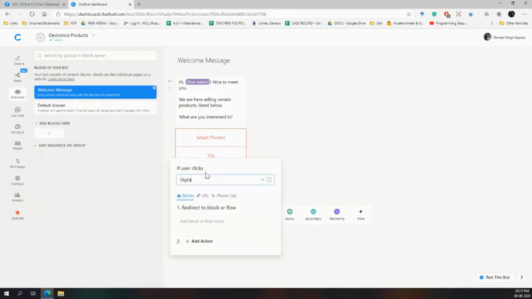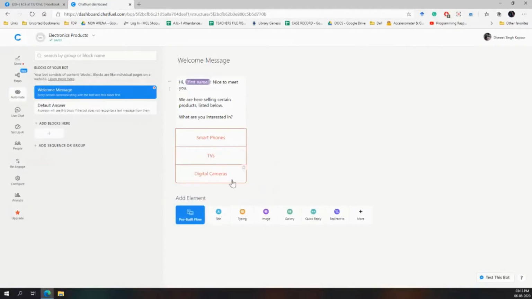And another thing we were having is digital cameras. So these are the three things. Either you can directly create this button, and if the user clicks on it, they will be redirected to the block where certain more things are given.